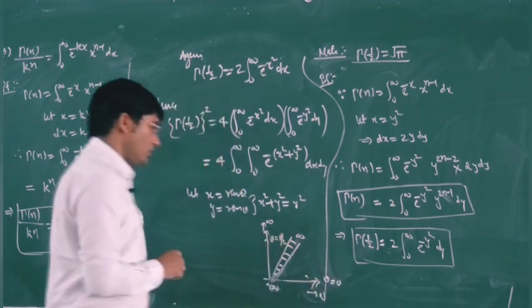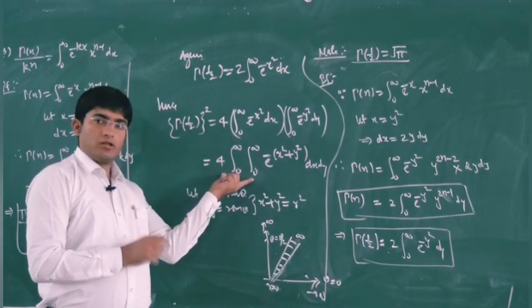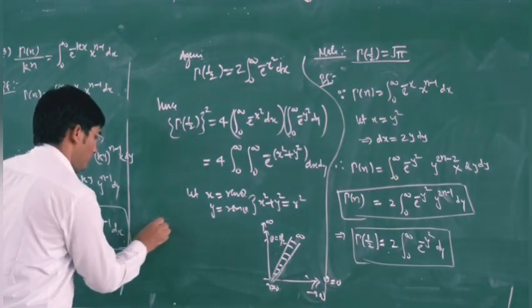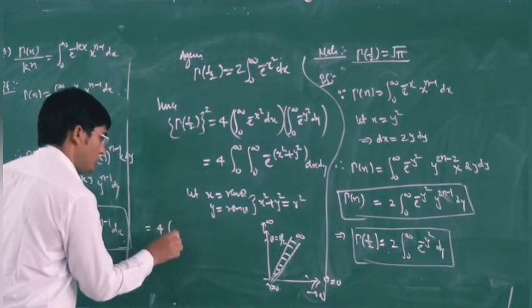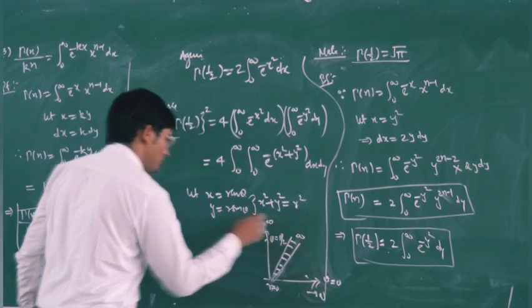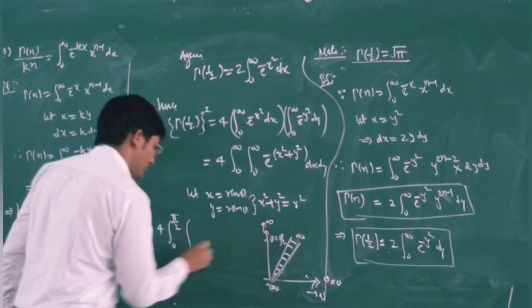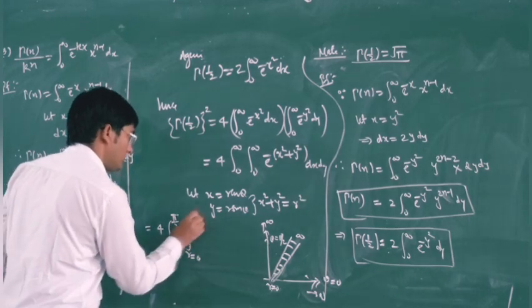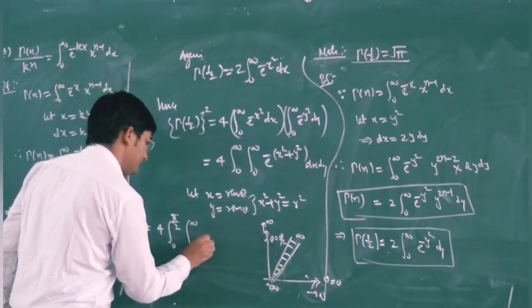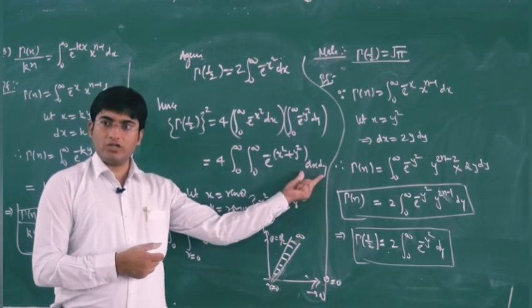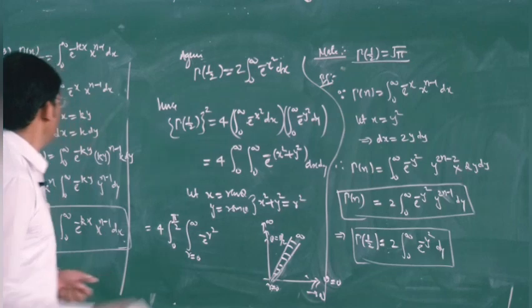So now if you change this double integral to polar coordinates, we have the integral with theta from 0 to pi by 2 and r from 0 to infinity. Then here we will have e power minus r square and the value of dx dy will be